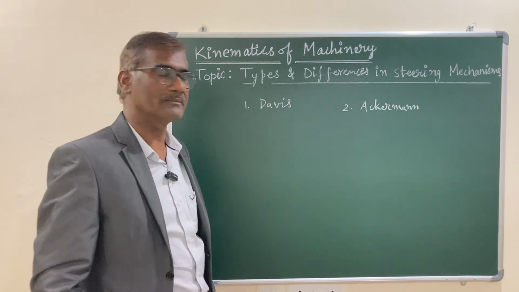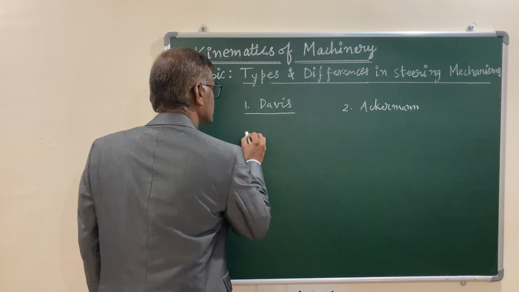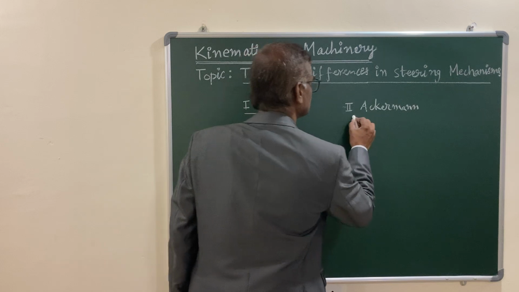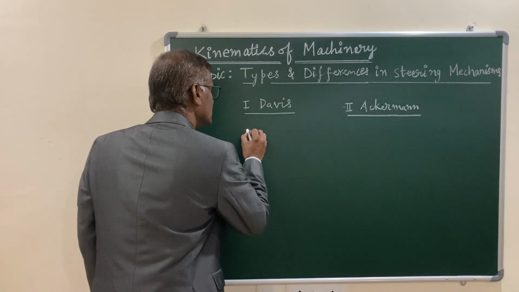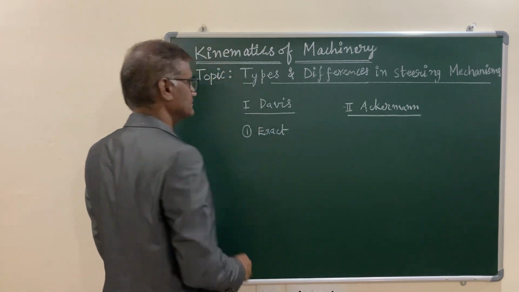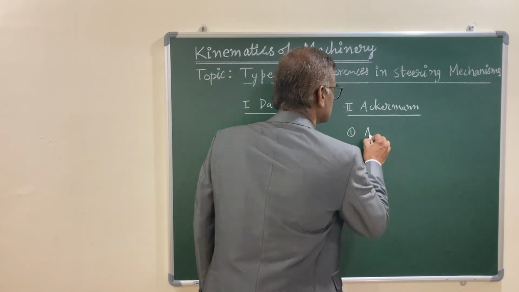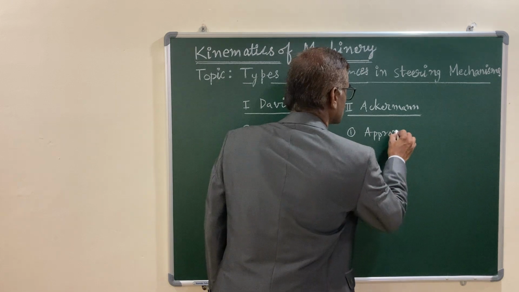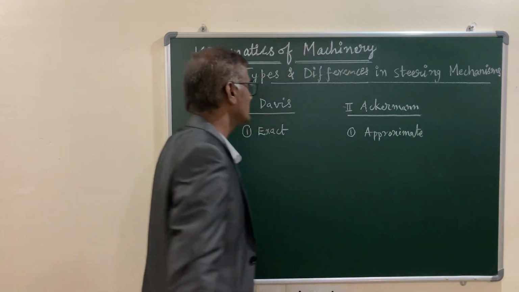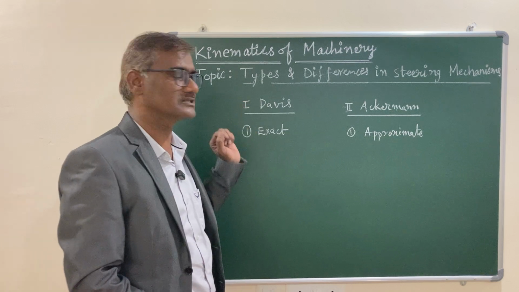As far as the Davis steering gear mechanism is concerned, the first point, which you can represent by Roman numerals 1 and 2, is that this particular mechanism is an exact steering gear mechanism, whereas the other one is an approximate steering gear mechanism. Here, Davis satisfies the condition for correct steering in all possible positions,